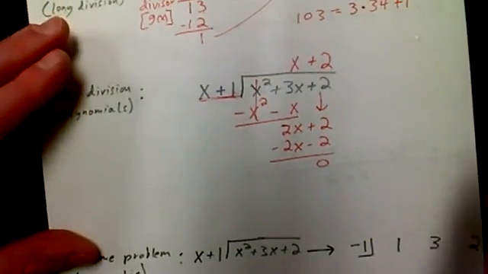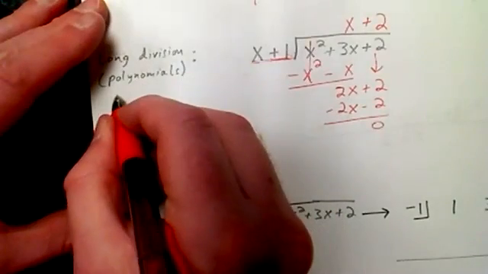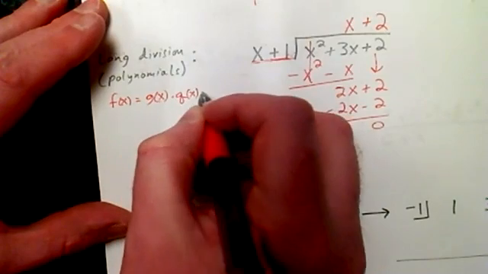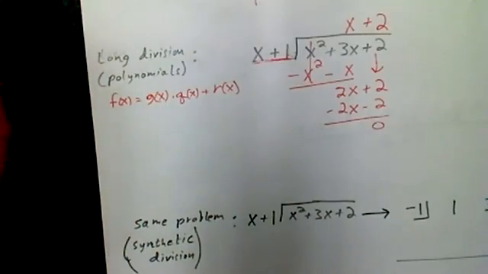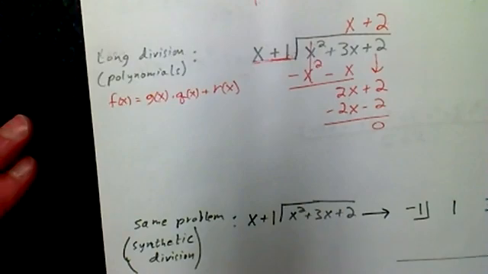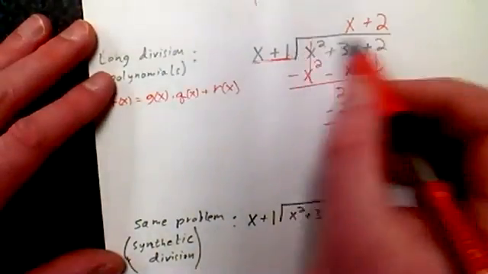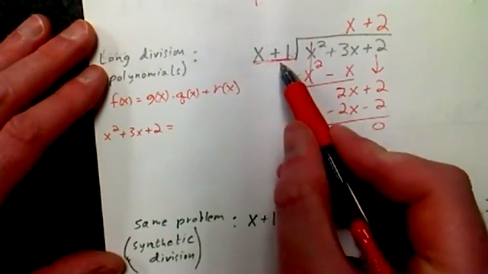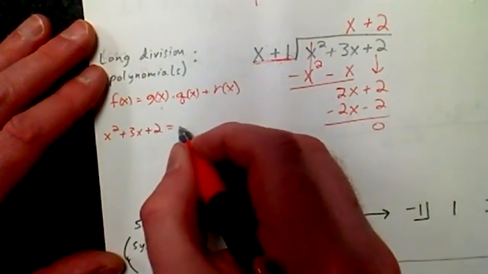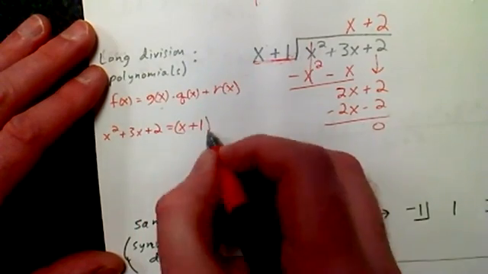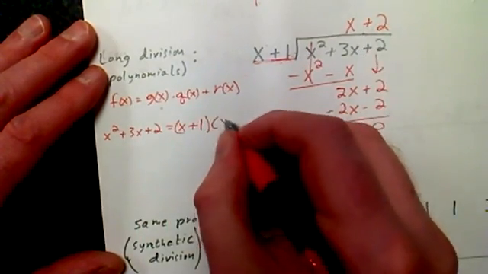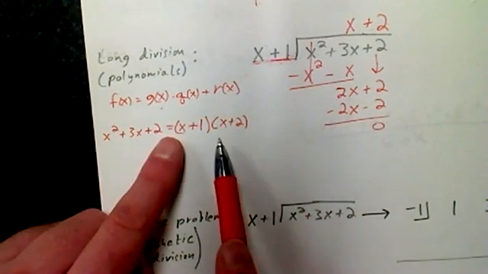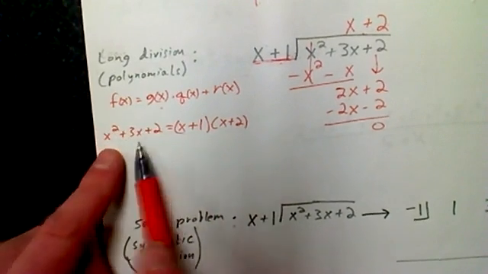And this actually makes sense because if you think about it, let's write it. So remember, we can write it as f of x equals g of x times q of x plus r of x. That's what our theorem tells us, right? The division algorithm, okay? Well, my f of x is the dividend. So x squared plus 3x plus 2 is equal to the divisor, that's the g of x, so that's x plus 1, times your quotient, x plus 2, plus the remainder, but in our case, the remainder is 0. And if you actually just go ahead and FOIL that out real fast, you'll see that that's the same thing,